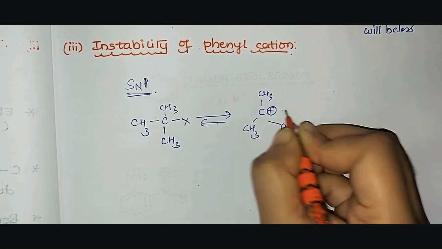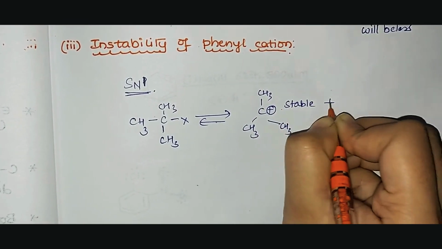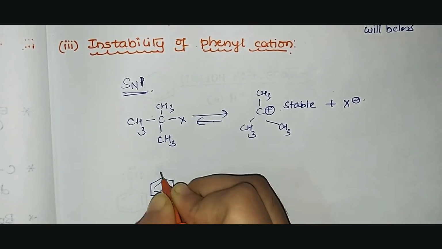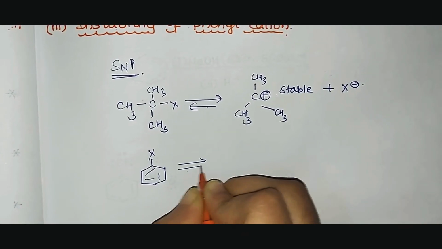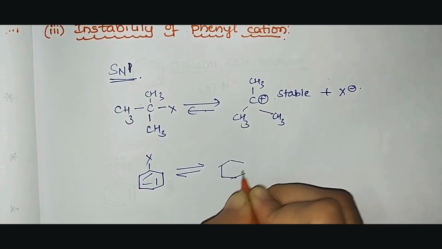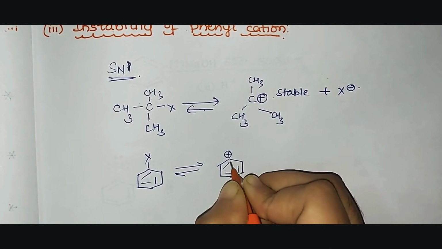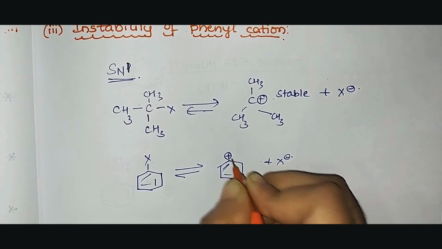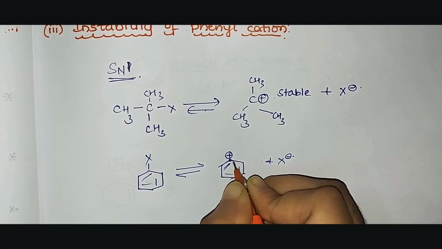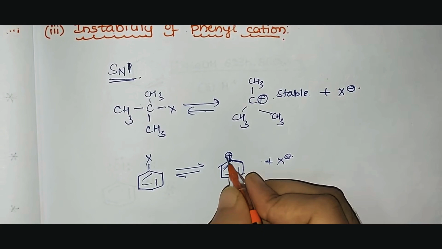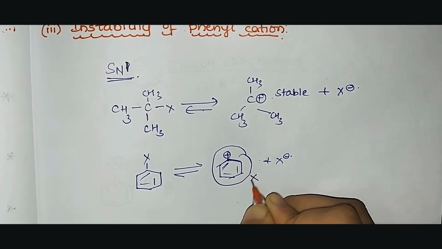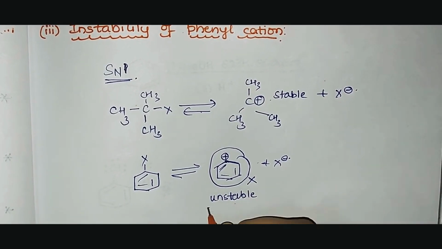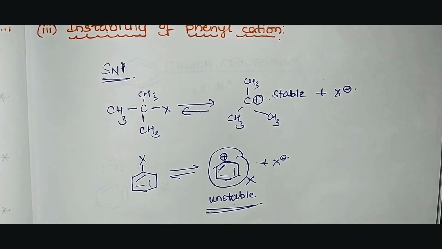In a similar way, we will try to write the cation in case of aryl halide. So we'll take aryl halide and write the ionization here, so breaking up of the bond. So the positive charge comes onto the carbon atom where the halogen was attached, plus X minus. Here it is not possible to write any resonating structures. We can't show the resonating structures by the transfer of the electron, and carbon is also highly unstable here. Why? Because carbon is bonded on how many sides here? Only on two sides. So because of which we say phenyl cation is unstable.